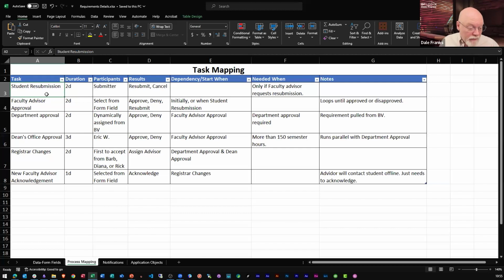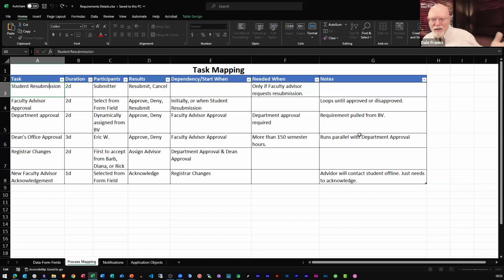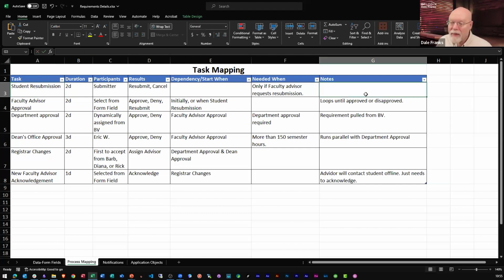I'm not even sure that resubmission, now that I think about it, is a great name for it. Maybe rather than resubmission, it should be student answers or student responses or something like that, because there's really only one initial submission here. So maybe that's not a great name. But now that I have it down on paper and I can look at it, hey, great. It occurs to me it's not a great name, and I might want to change it at that point.